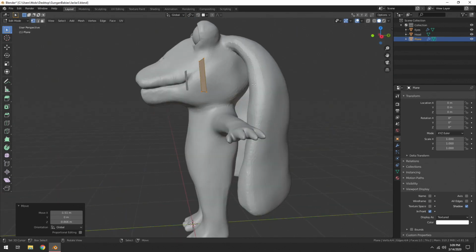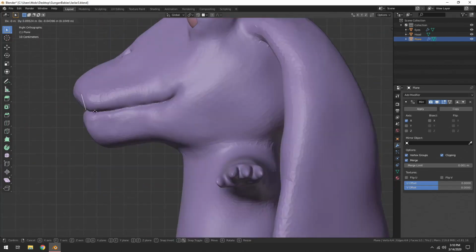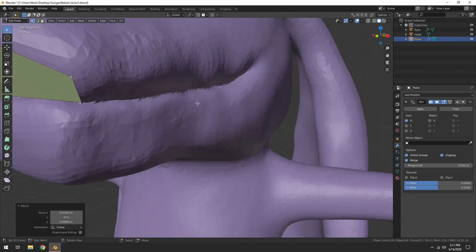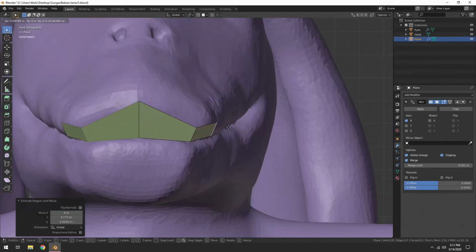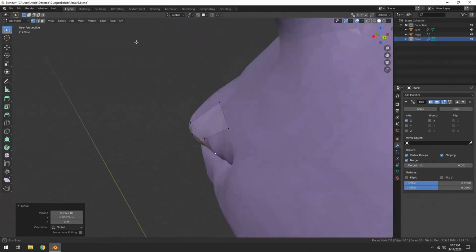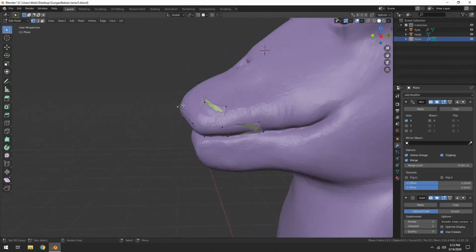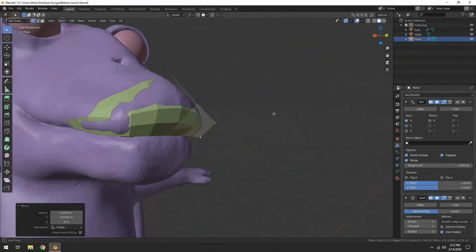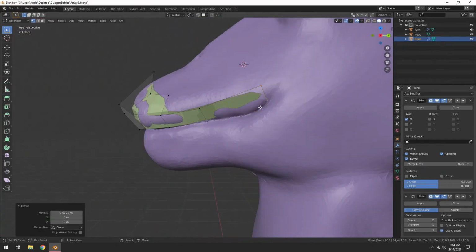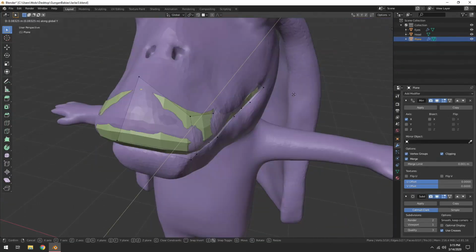And here I am basically gluing all the pieces together, and this is where I start to retopologize. Now, I completely understand that this is not the preferred way of retopology, but with this model, even when I was sculpting it, I realized that I did not have enough detail in my sculpt to justify using the shrink wrap modifier and go that route. So I did a far more manual retopology process,